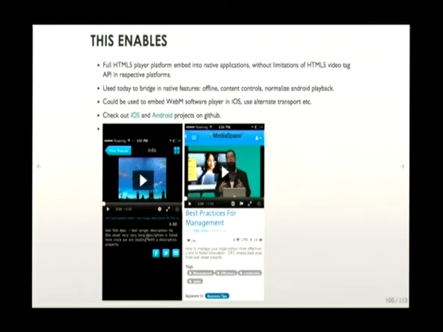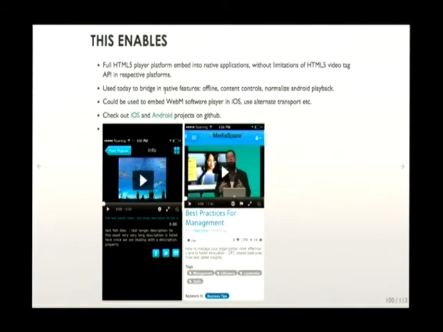So there's also things like synchronized captions or captions that allow different positioning. There's any number of features that are traditionally limited when you have to use the native controls of the device. And doing it this way really opens up a lot of different possibilities. Obviously it has the restriction that you have to package it into a native application, but once you're in that environment, it makes it a lot faster to cross-ship your features across Android and iOS.